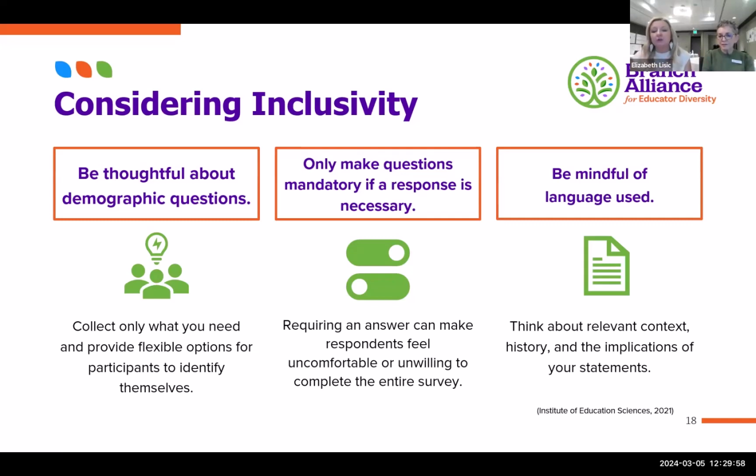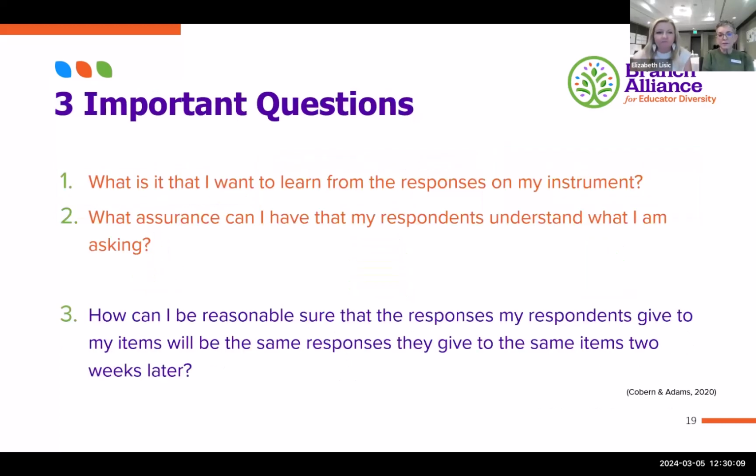So this is just a good reminder that Patty mentioned that earlier, but it's so important to bring people in in a way that can strengthen the survey.